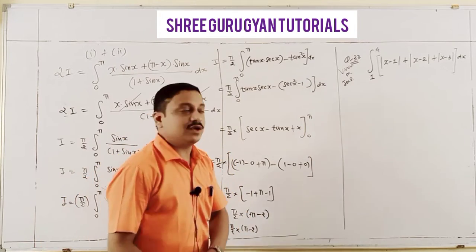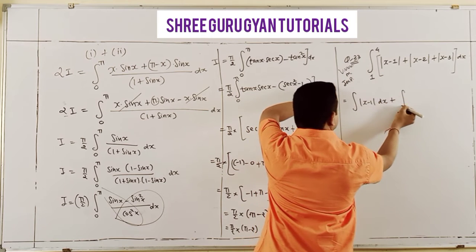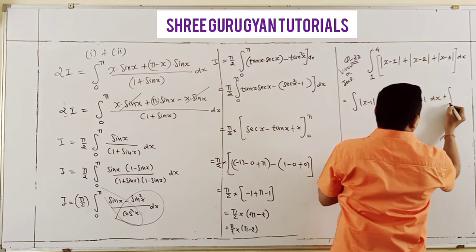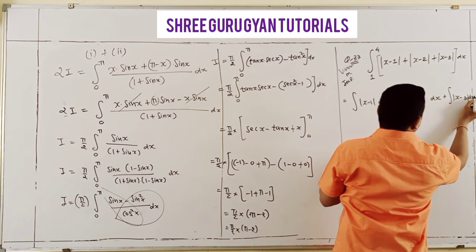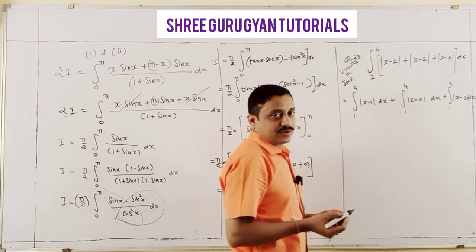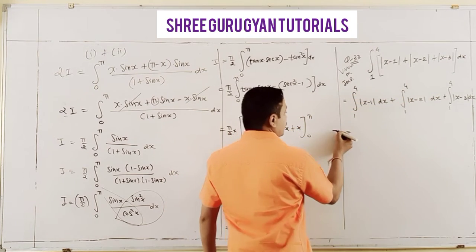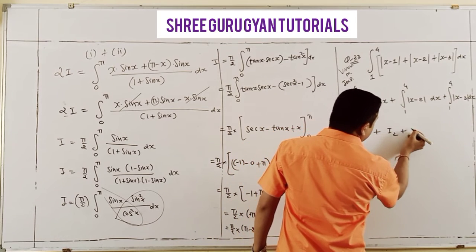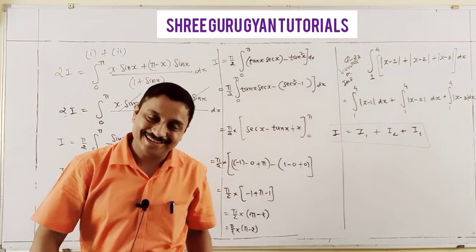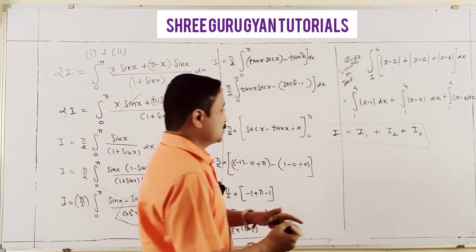Students, first of all you dissolve it into partitions. First modulus x minus 1, second modulus x minus 2, and third also modulus x minus 3, each with limits 1 to 4. Now start one by one. They are called I1, I2 and I3. Yes students, I start with I1. I1 first explain, same as I2 and same as I3. So in I1,